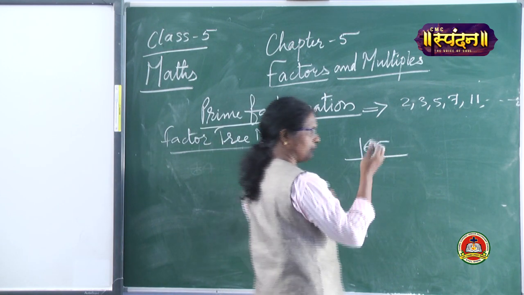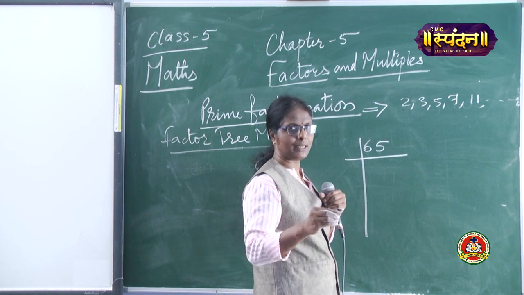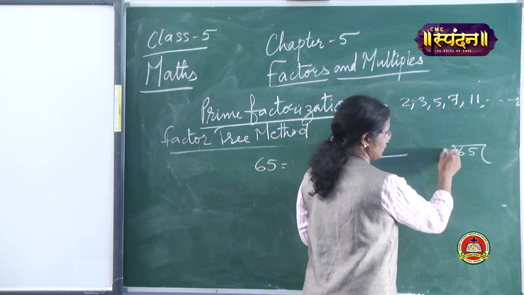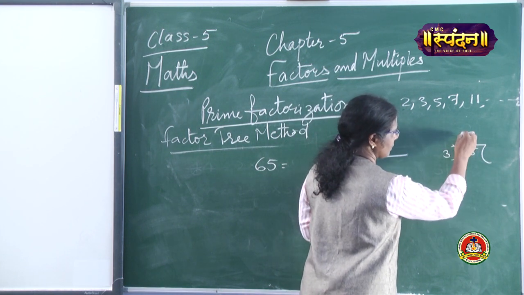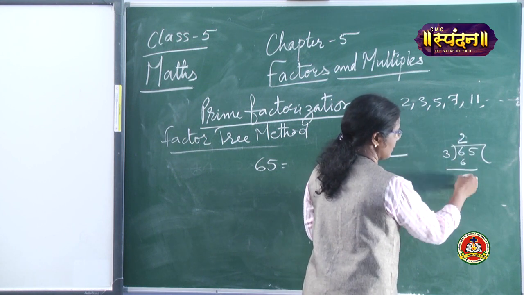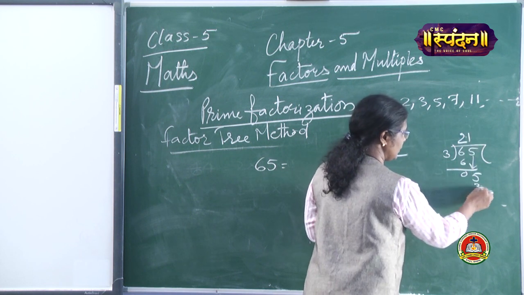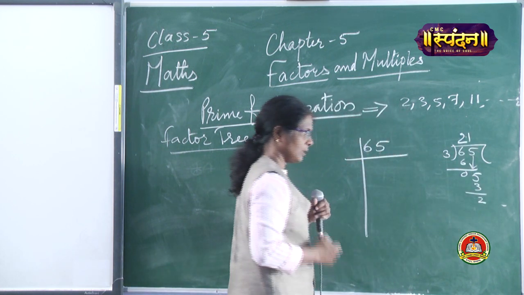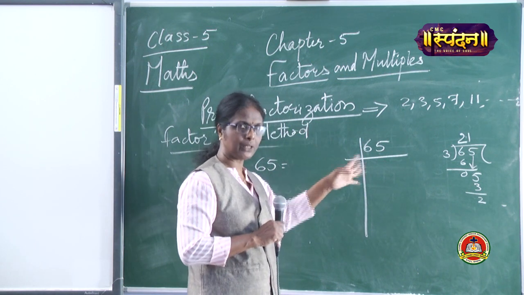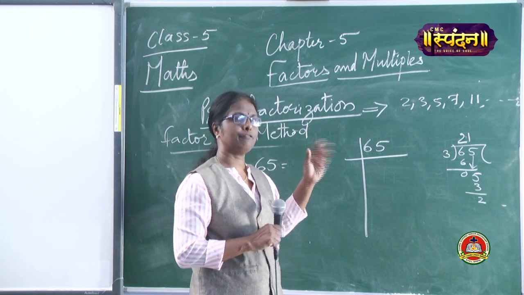Now, as I told you, if you are not so perfect in division or the multiplication table, you can just divide and see: 65, is it divisible by 3? You can see, 2 times 6 is 12, 0, bring down this 5, again 1 time 3, the remainder is 2. Is it divisible? No. That means 65 is not divisible by 3. 65 is not divisible by 4 also. We cannot take 4 anyhow.